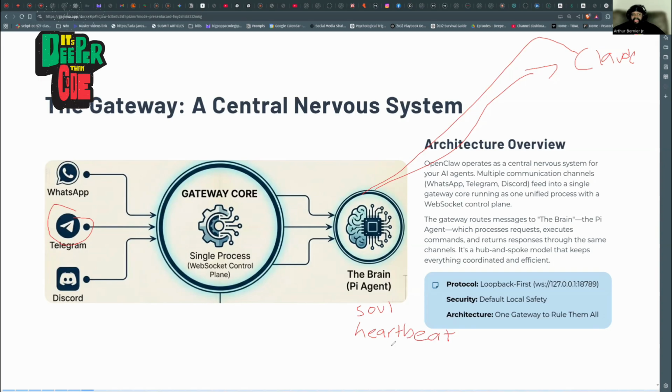Like for example, I have it sending me messages on a running basis, things that it's doing behind the scenes, so that I can keep getting an update of those things. So that's what the heartbeat file is,